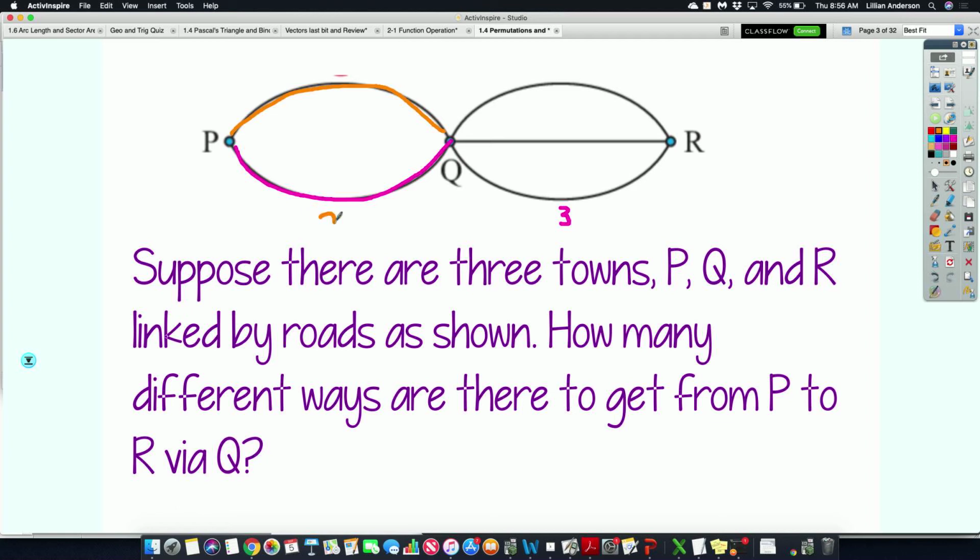You basically had 2 options to get from P to Q, and then 3 options to get from Q to R, right? So how can I get 6 from 2 and 3? Multiplying, right? Did anybody notice that, or did we actually go through the pathways to get there? You went through the pathways? Okay. So if I follow that same logic of there being 2 ways to get from P to Q and 3 ways to get from Q to R and multiplying them, you can figure out the number of different ways to go from those 2 towns. Okay? So, same concept,